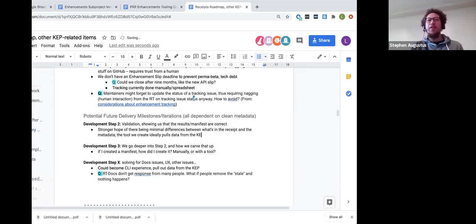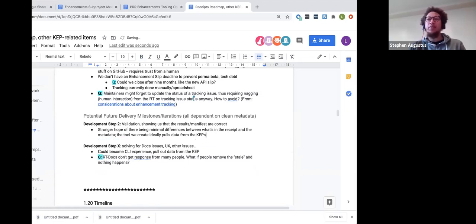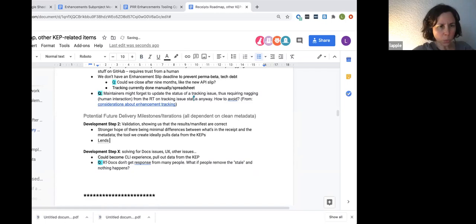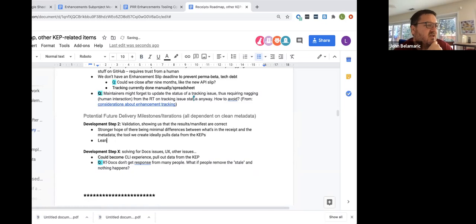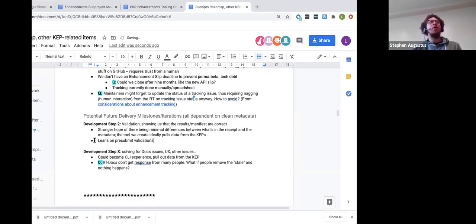Right, I think the first iteration of this, for 1.21, is going to be the hand cobbled bits, and we'll lean on pre-submit validations to make sure that those are clean. So I think it's actually just one step here, to be honest. If they use the tool, it's the same libraries, at least today, so you could run the validations without them even having to push the PR, and just say, hey, there's no way this is going to get approved unless you fill out this, this, this, and this.